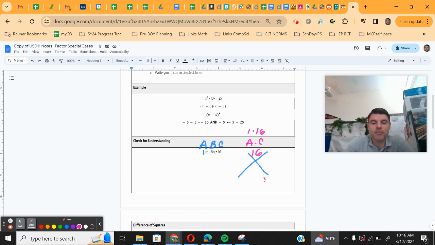And then the B term is going to go at the bottom. In this case, it's -8. You have to use whatever sign's in front of it. Okay, so my factors of 16 to get me -8 are going to be 4 and 4. I know if I make them both negative, I can get a positive 16 and a -8. So my answers are going to be